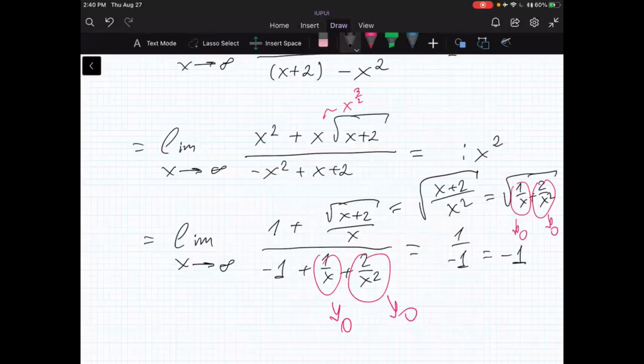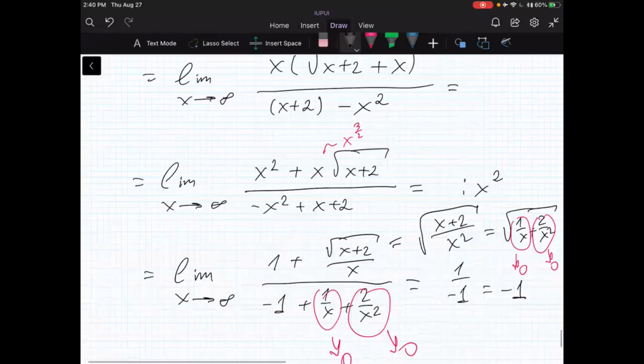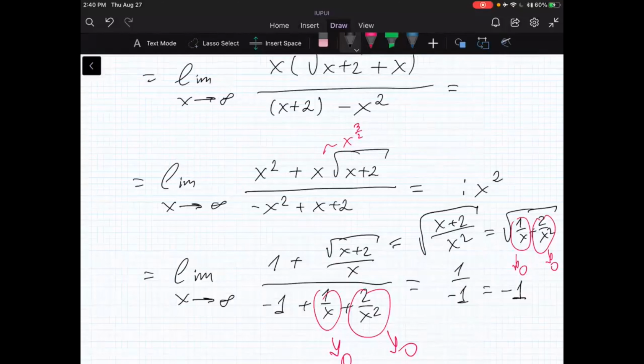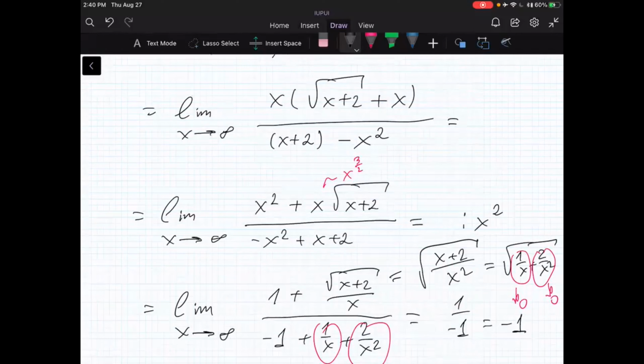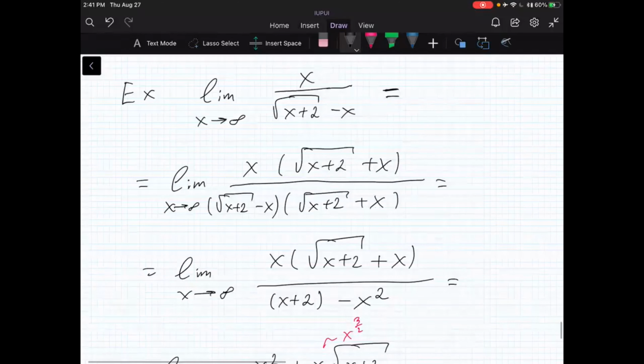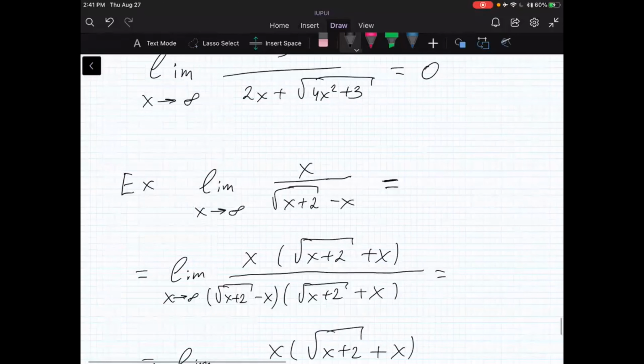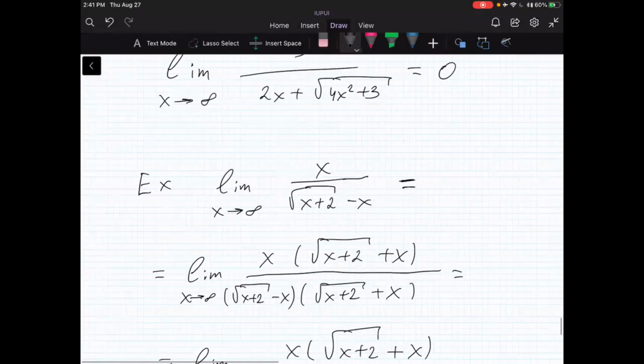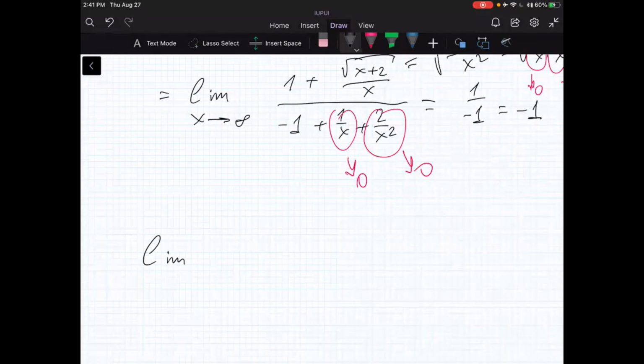So this is one way to solve it. Multiply by the conjugate part and get rid of irrationality, and then again use the trick with the highest power, divide by highest power denominator and numerator. But you can do it maybe faster if you do the following. So let's consider this again. You can divide by,